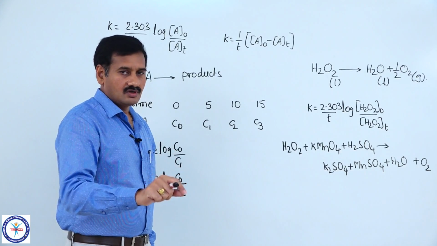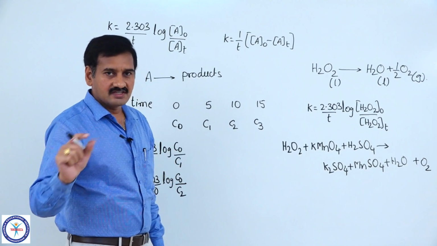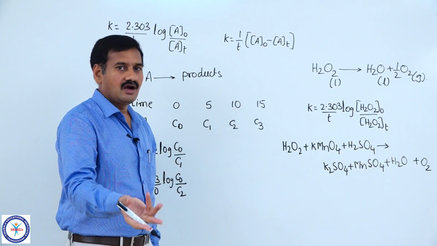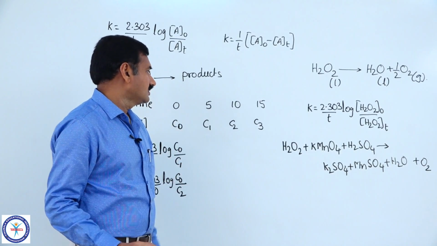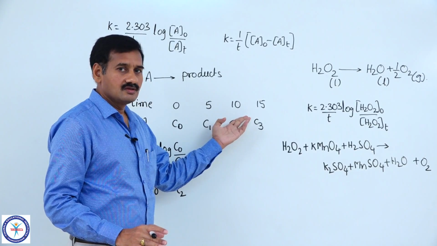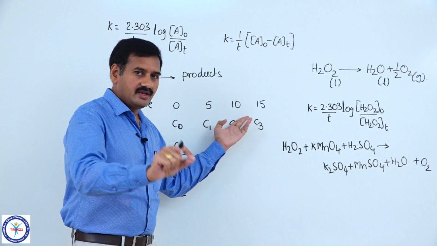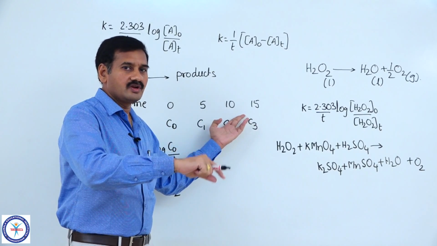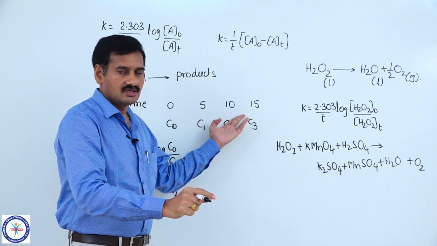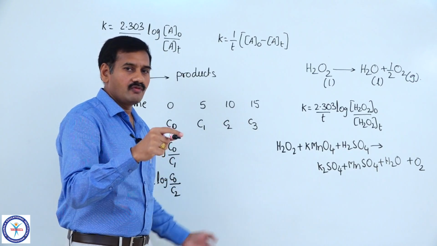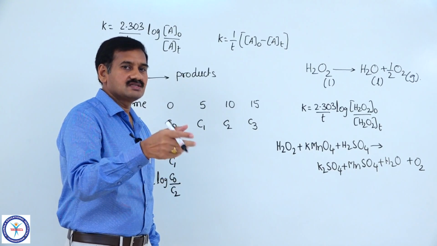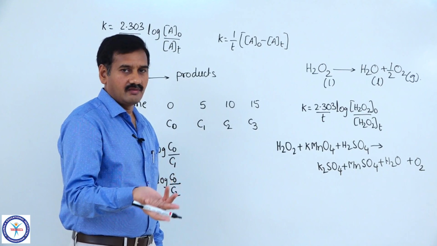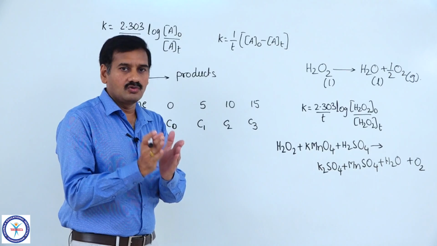That experiment is over. Now you have to take another fresh sample, 100 ml of hydrogen peroxide in another conical flask, and it should be kept aside for 10 minutes. So from 0 minute to 10 minutes, there is dissociation of H2O2. Now the remaining molecules are to be titrated with KMnO4 solution. Again, the volume of KMnO4 required will be less than that 17 ml. Now it may be some 14 ml or 15 ml. So like that you have to do the experiment.